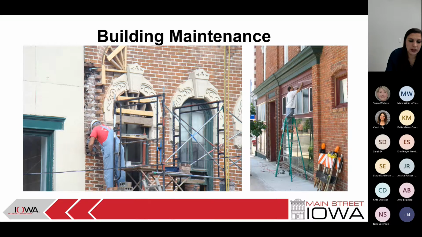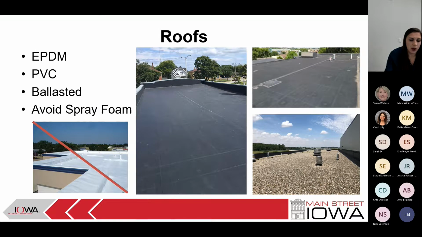We suggest that every building envelope is inspected routinely, and really this should be at minimum yearly, but ideally every time that the seasons change, every first big rainfall, when the snow melts, things like that, that's a great time to walk around the building and take a look at all the exterior to make sure things are working as they should. The most important part of building maintenance that is overlooked is keeping a good